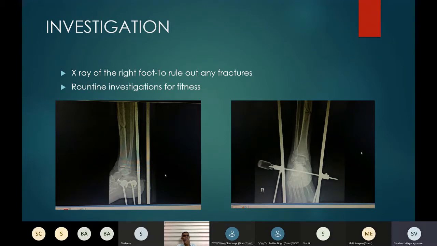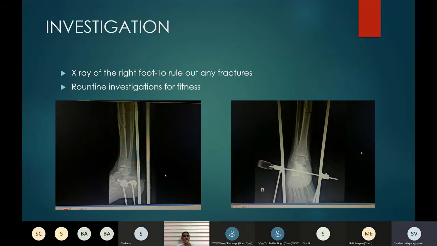And the calcaneal pin, did it go through this particular wound? No, sir, it went through intact skin, below that. And from what we can see here, the fibula doesn't seem to be broken. Is there any fracture further up? No, sir. Only a tibial and a femur fracture was identified. For which they put an intramedullary nail.